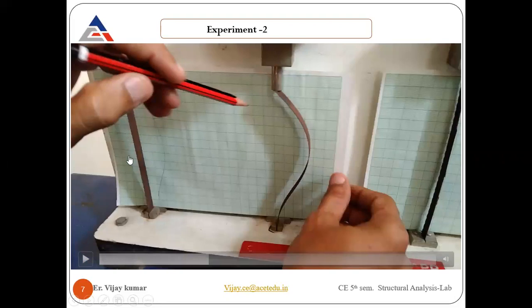In this case, I need to put 3 kilonewton, sorry, 3 kg. For this case, I just put a 1 kg load, and you find that a huge deflection takes place for 1 kg. You can even find there is a difference of 3 times in load carrying capacity. It can carry a 3 kg load depending upon its end condition. Here, I just put a 1 kilonewton load and it just deflected.